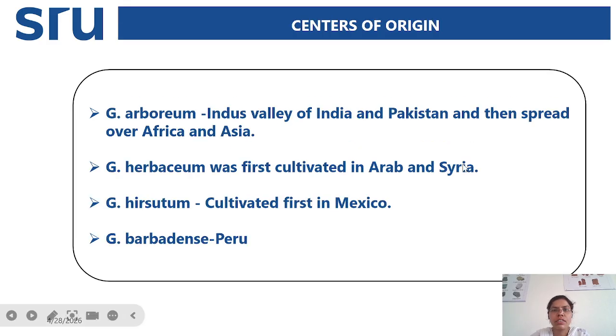Next, coming to centers of origin. In cotton we have four different cultivated species: Gossypium arboreum, Gossypium herbaceum, Gossypium hirsutum, and Gossypium